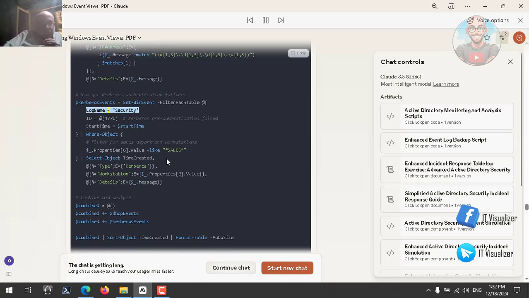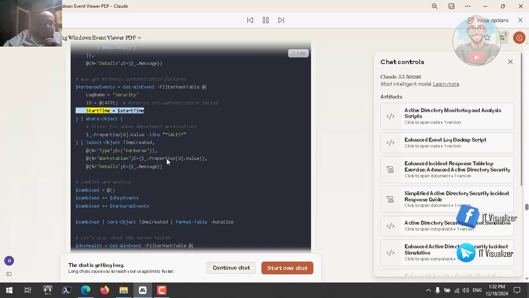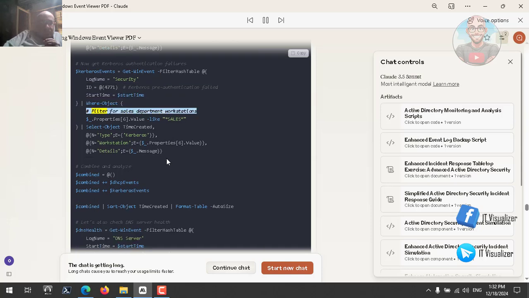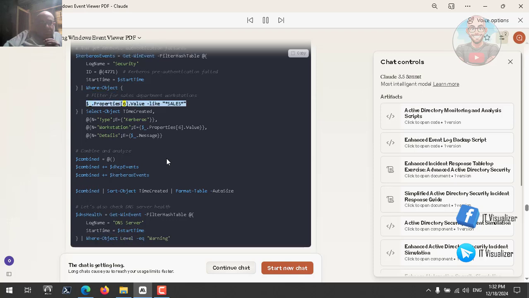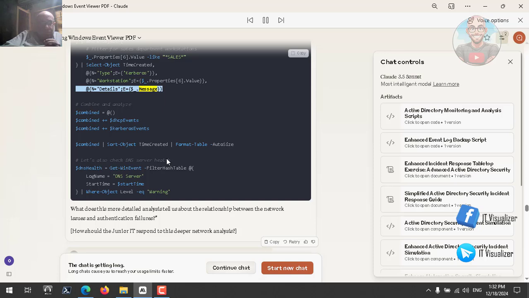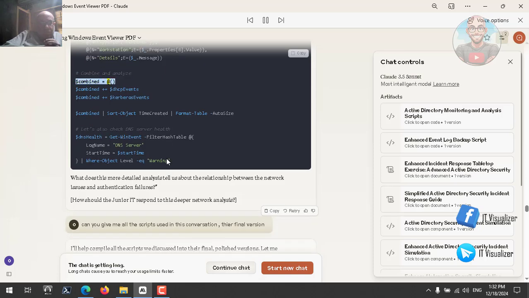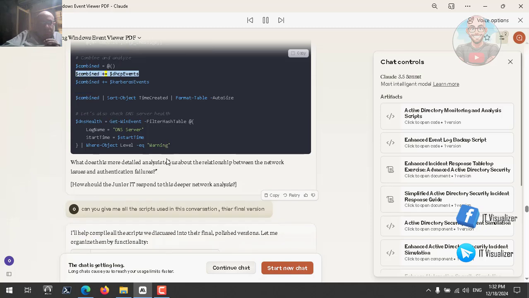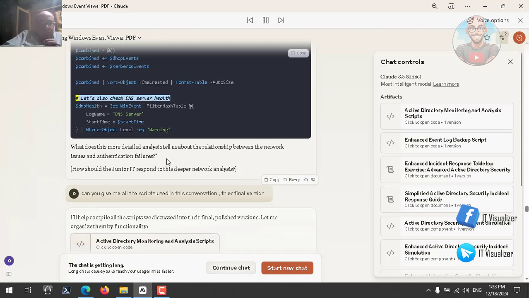# Now get Kerberos authentication failures. $KerberosEvents = Get-WinEvent -FilterHashtable @{LogName='Security'; ID=4771} # Kerberos pre-authentication failed, StartTime=$startTime} | Where-Object { # Filter for sales department workstations $_.Properties[6].Value -like '*sales*' } | Select-Object TimeCreated, @{n='Type'; e='Kerberos'}, @{n='Workstation'; e={$_.Properties[6].Value}}, @{n='Details'; e={$_.Message}} # Combine and analyze. $combined = @() $combined += $DHCPEvents $combined += $KerberosEvents $combined | Sort-Object TimeCreated | Format-Table -AutoSize